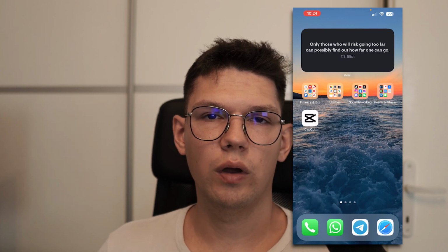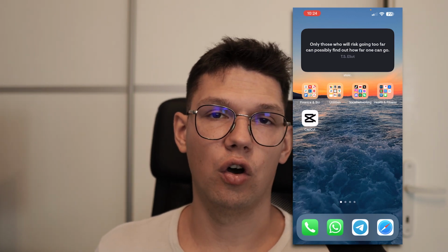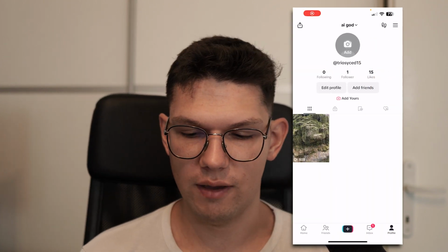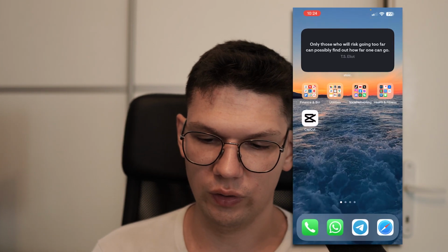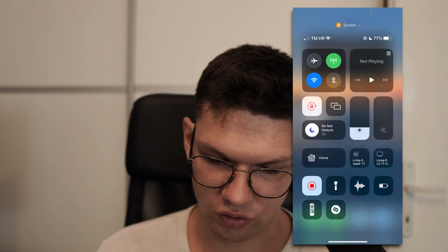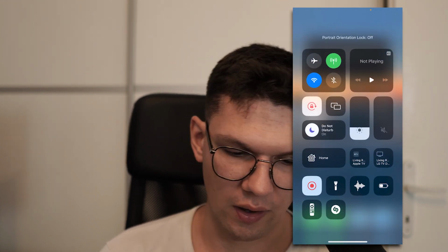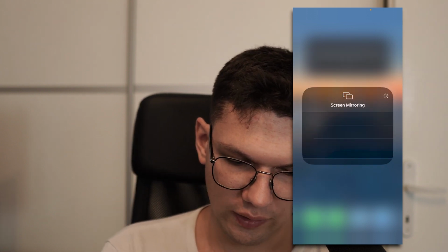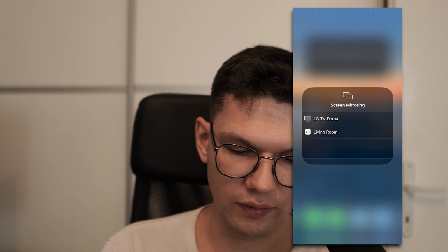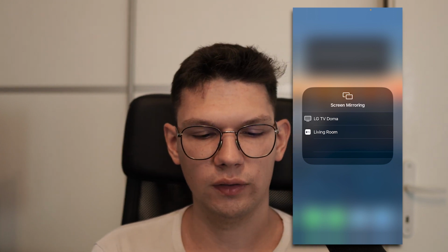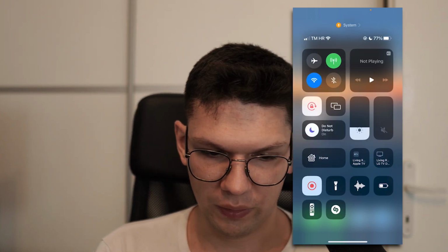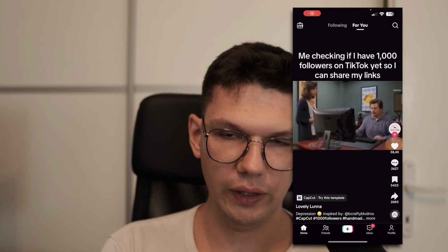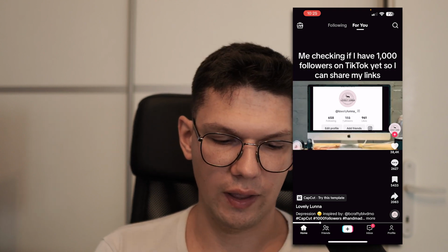In this video, I'm going to show you how to screen share a live screen on TikTok. So basically, if you want to share it and you have an iPhone, the easiest way to do it is that you go to this center and then you click this icon that's on the right side where you can portrait lock your thing, and you click screen mirroring. And then you basically choose to who you want it to screen mirror it to. Because when you do that, everything that you see on the screen, it will be visible on their end as